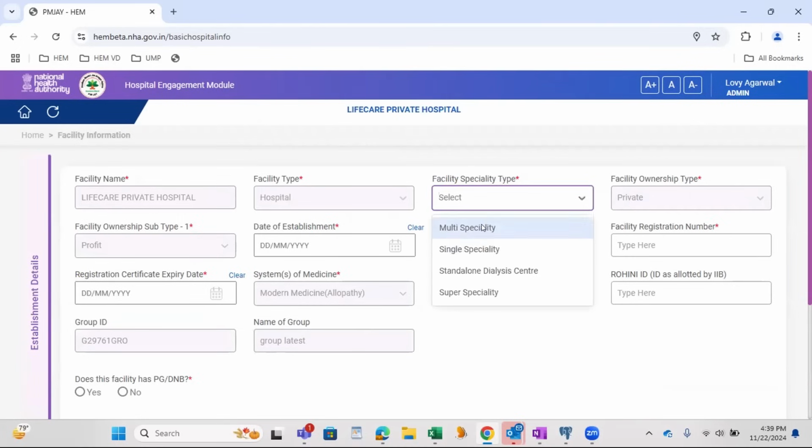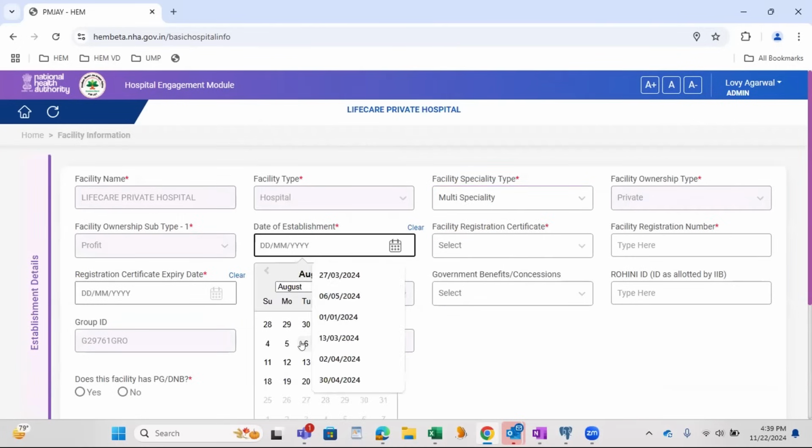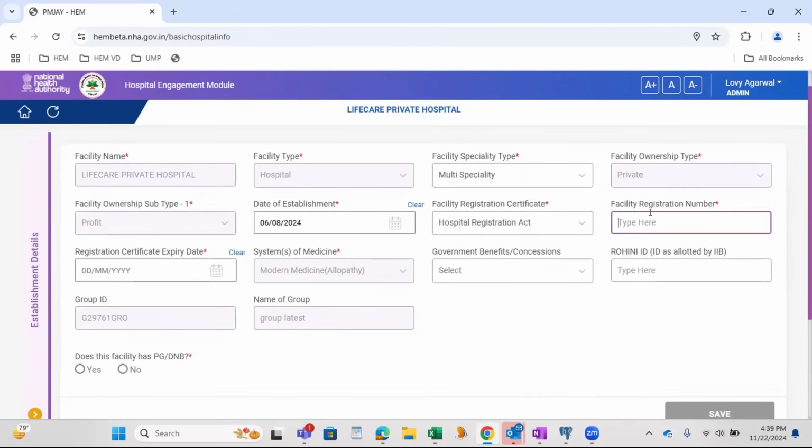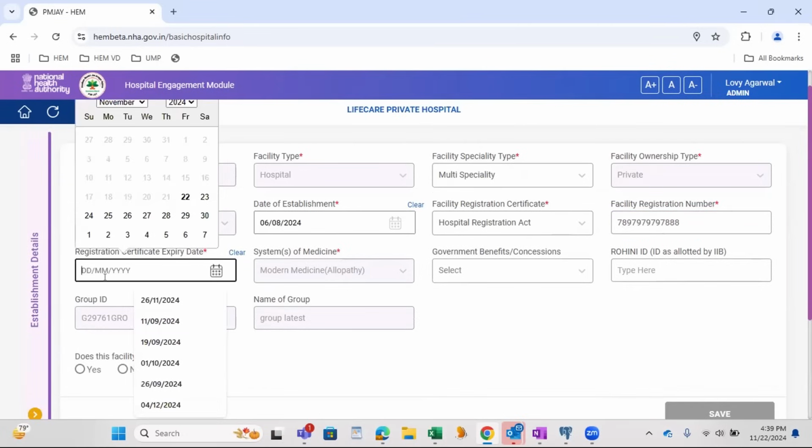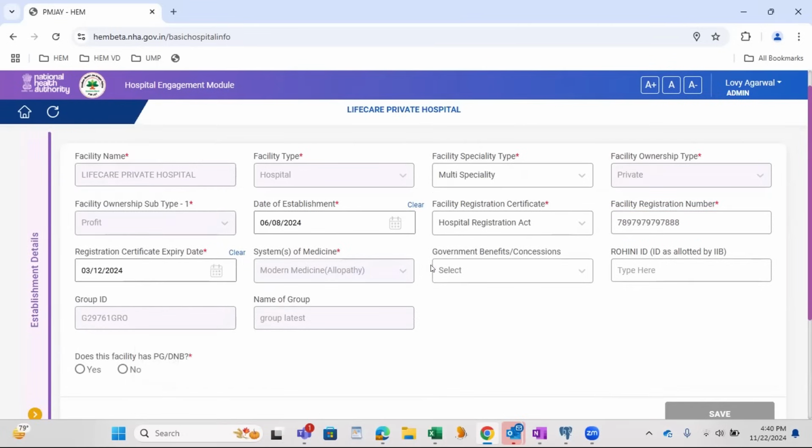We are filling the mandatory details. Registration certificate expiry date. The system of medicines is populating from HFR. Government benefits and concession. Rohini ID, we can enter. Does this facility has PG admin? The moment all these details are entered,